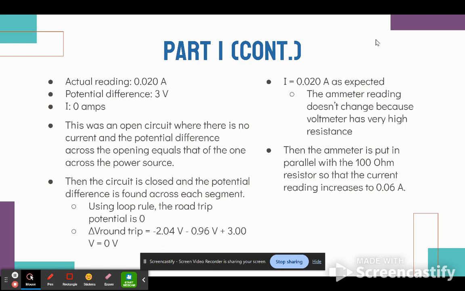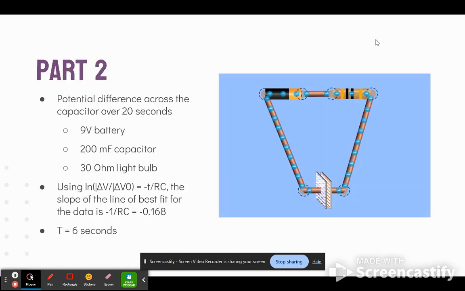So the ammeter reading doesn't change because the voltmeter has a very high resistance, and this means that the current doesn't flow through it, and the path of the current in the circuit remains unaltered. Then the ammeter is put in parallel with the 100 ohm resistor so that the current reading increased to 0.06 amps. For part 2, I found the potential difference across the capacitor as a function of time over 20 seconds